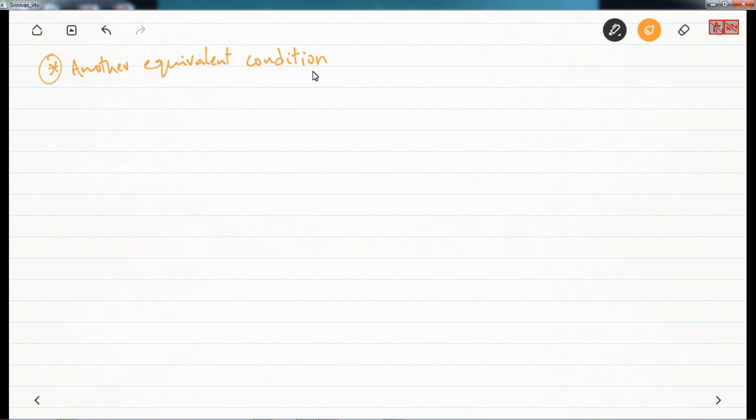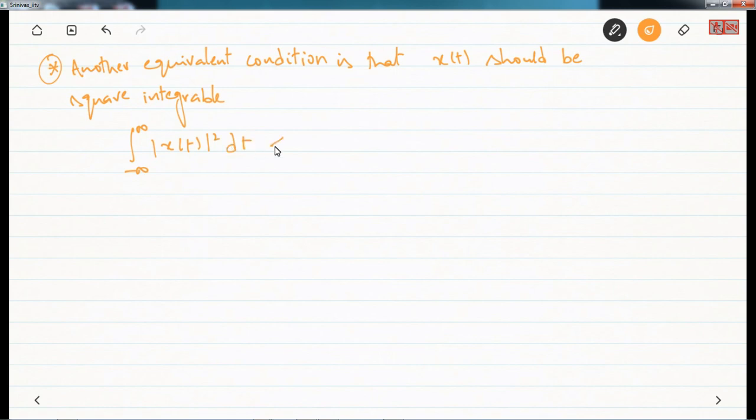Another equivalent condition is that x of t should be square integrable. That is, if simply the integral of x of t squared dt is less than infinity, which implies that x of t has got finite